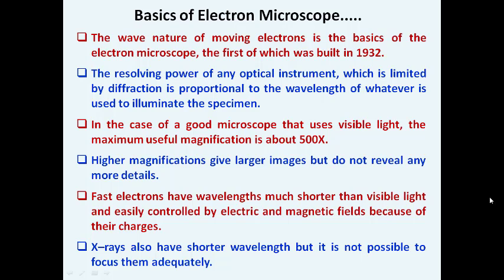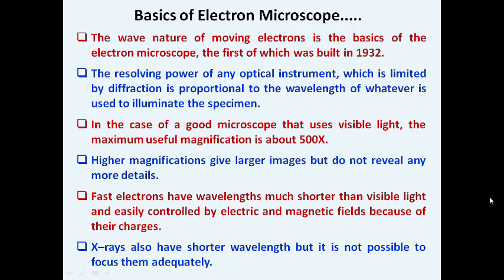So we have a chance of utilizing fast moving electrons, which have a large velocity, by which means we can achieve the shortest wavelength. We get these details from the concept of de Broglie matter waves. We already know the formula lambda equal to h by p, and p equals mv. So the wave associated with each and every particle is h by mv, which is named matter waves or de Broglie waves. If we consider the electron as a particle, each and every electron is associated with a wave.